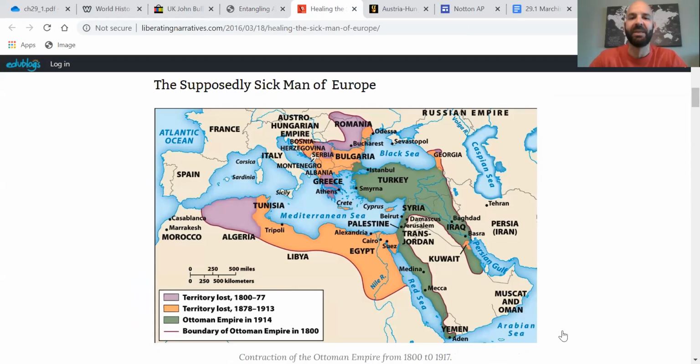Just on its surface, we could talk about the great rivalry between the European powers. Everyone wanted to be the most powerful, the big dog, if you will. And so certainly that is going to lead to increasing tensions. But this area right here, where you see the words Bulgaria and Romania and Bosnia-Herzegovina, is going to be a center of great nationalist turmoil.